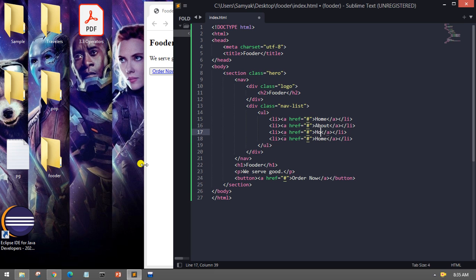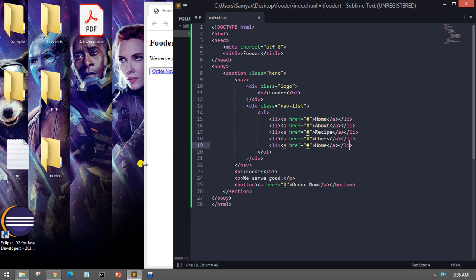And inside here after this we will write about, and after here we will write chef or recipe. Here I will write chef, or whatever you need, chefs, recipes, anything. Okay, now after here I will also add one more which will say login. So if I just write like this and change this to login,